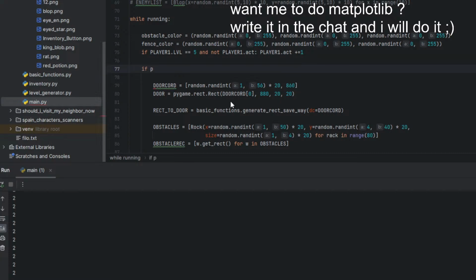If player.point_act, if player1.point_act, let me guess the logical stuff.